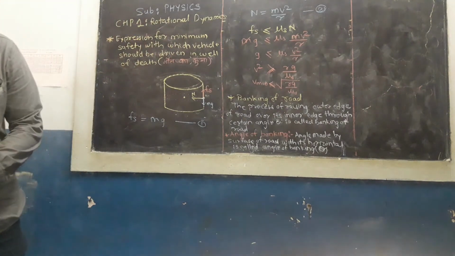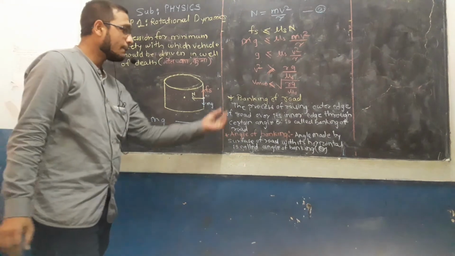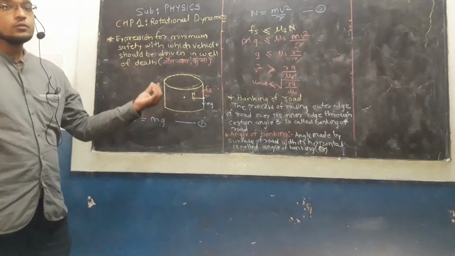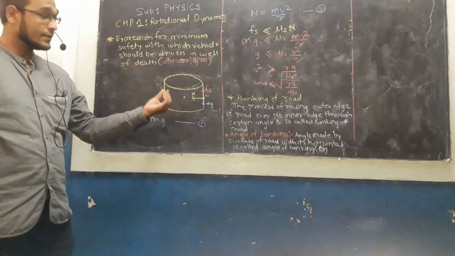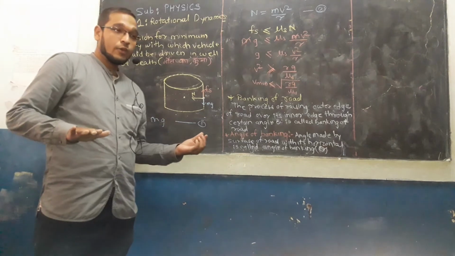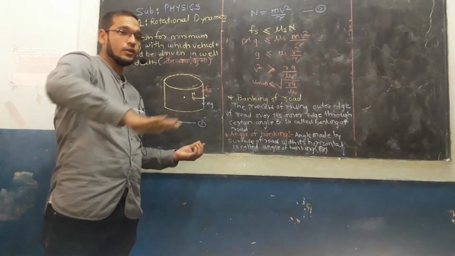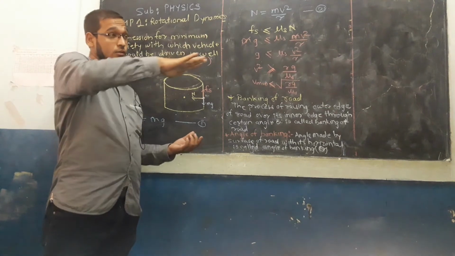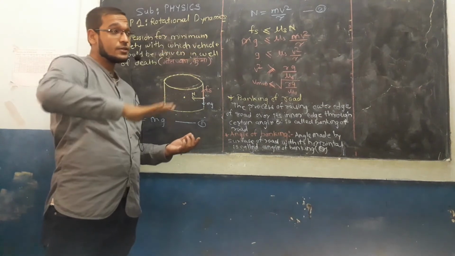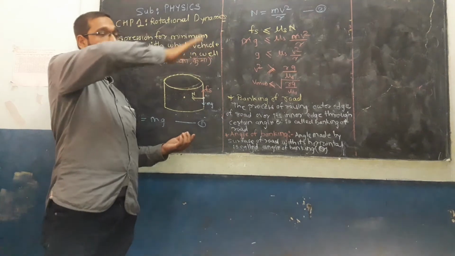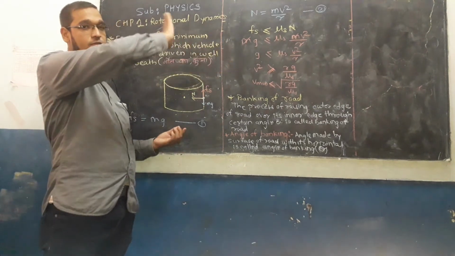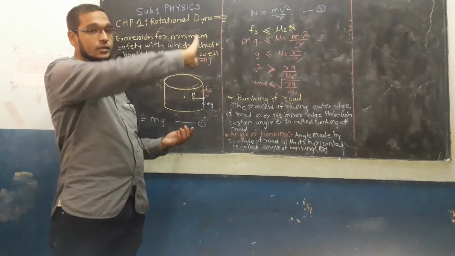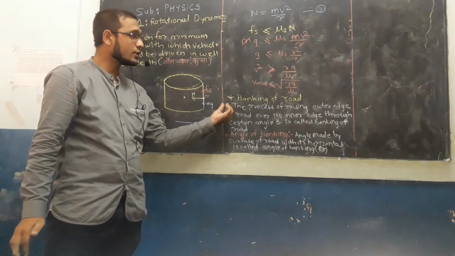Then next point. What is next point? Banking of road. What is banking of road? While traveling through the ghats, the vehicle does not go straight. It moves over an inclination which has a certain angle. If you see, the turn is like this. The slope is not straight. It has certain tilt. So that process is called banking of road.